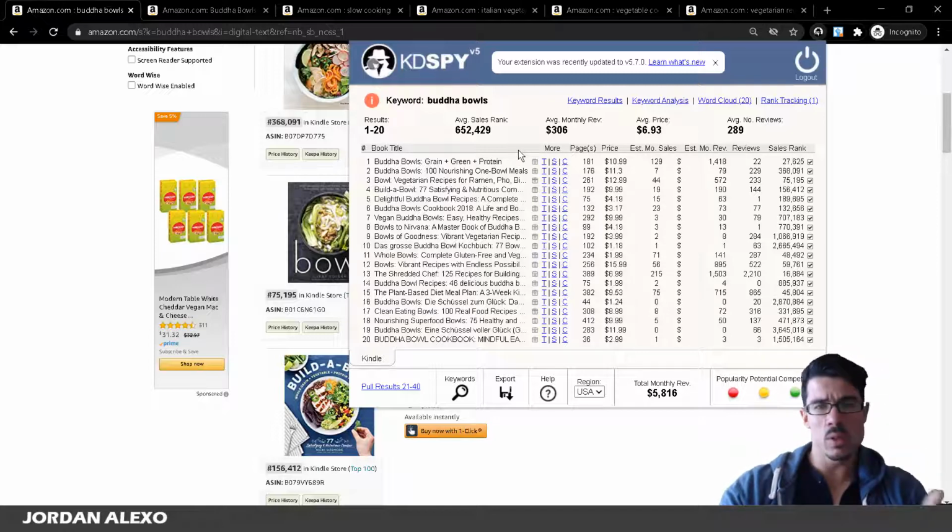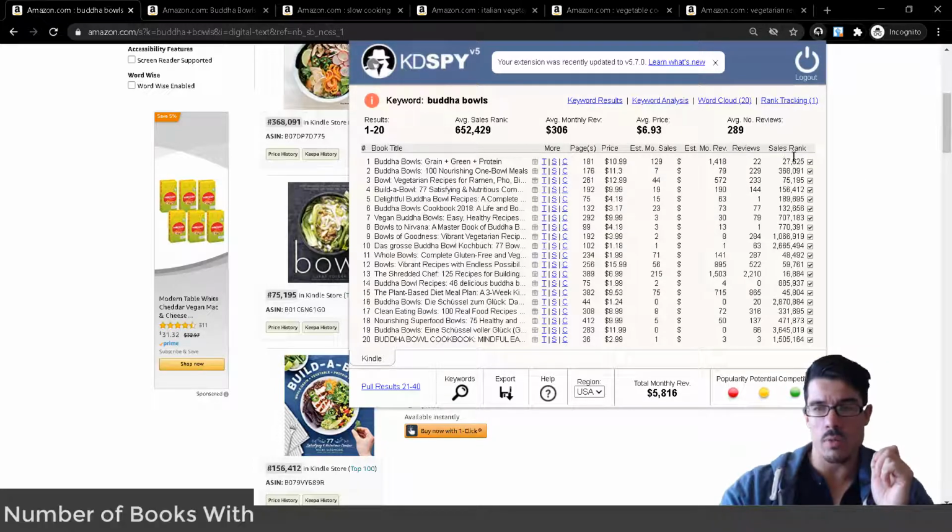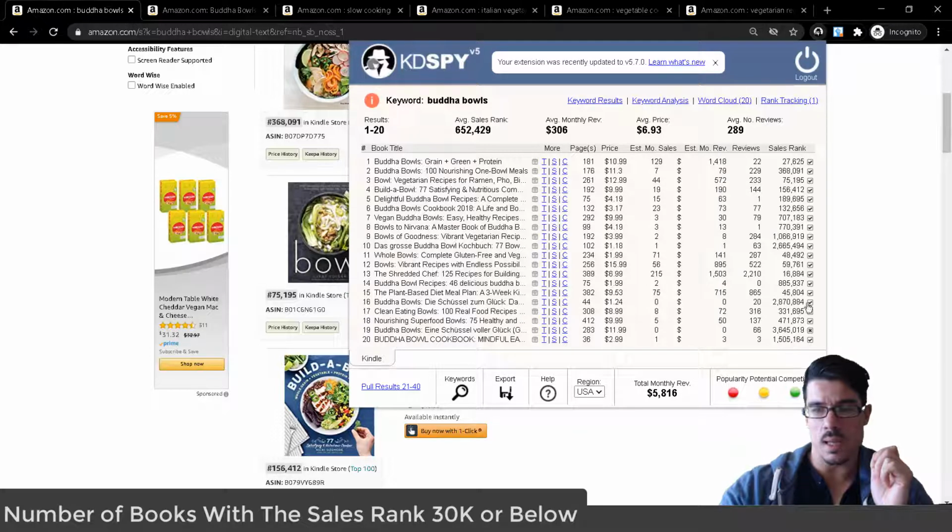But I'm just going to keep explaining all of the rest. Okay, the average sales rank is pretty bad. The other thing that I like to see, if there's a couple of books that have a sales rank over here. This is the sales rank for each individual book, and I want to see if they have a sales rank below